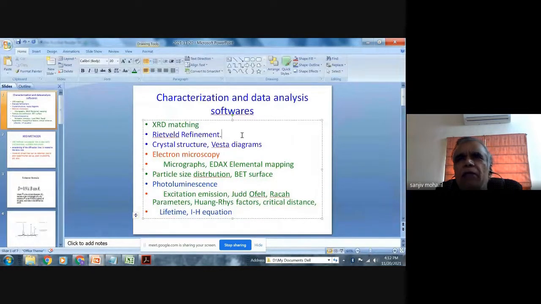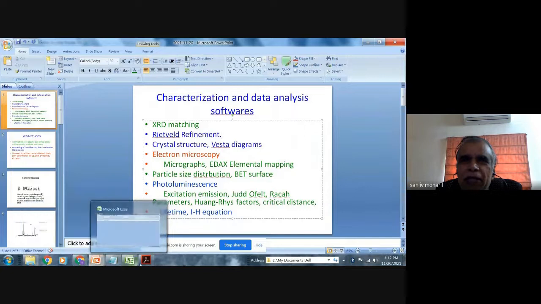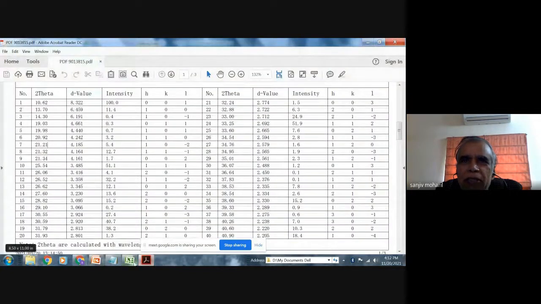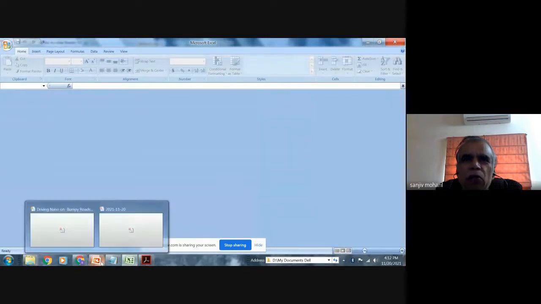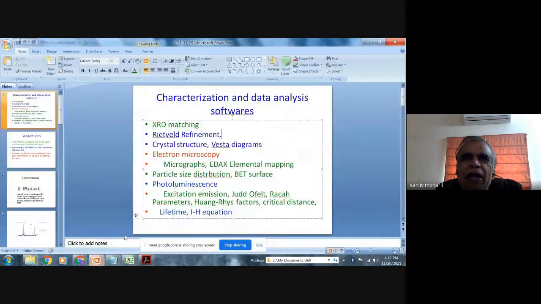Now, this is just a qualitative way of speaking, that the match is good or it is not good and so on, isn't it? So the best way is to do some quantitative analysis, and that quantitative analysis is what is known as the Rietveld refinement. Basically what we do in Rietveld refinement, we compare the difference from point to point, the difference between the